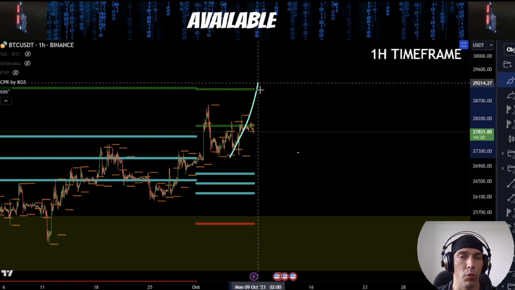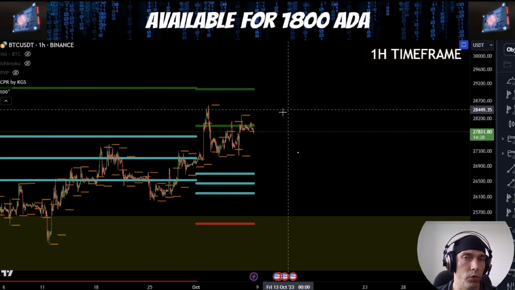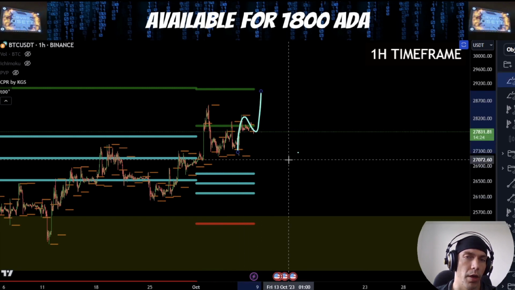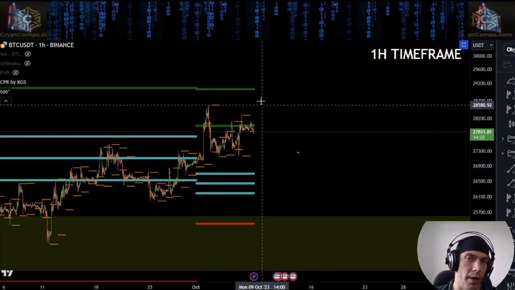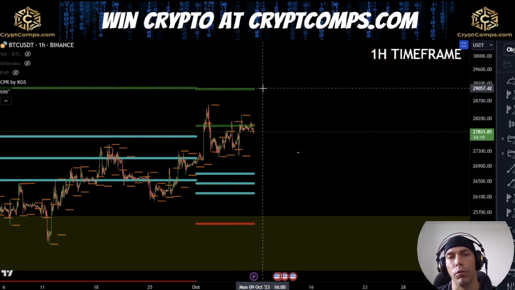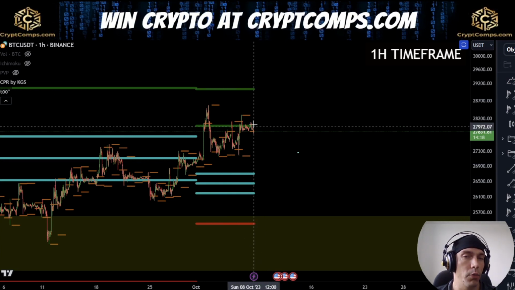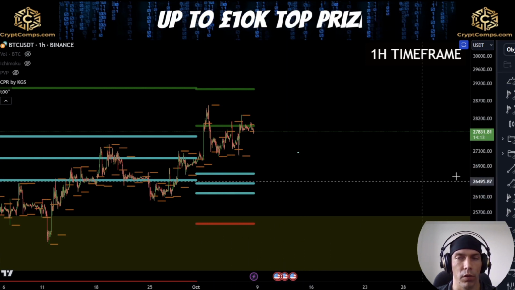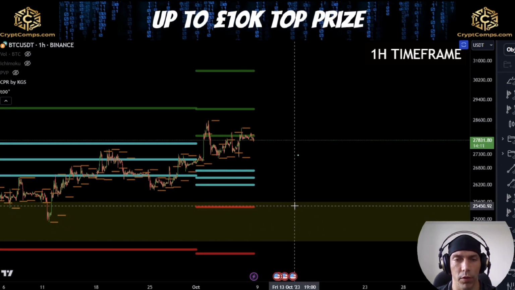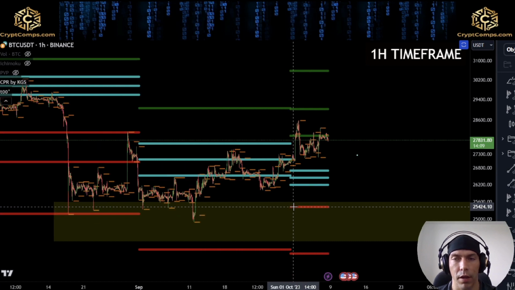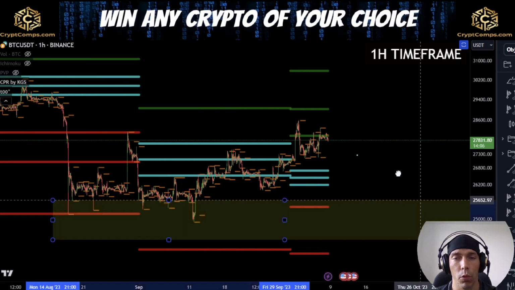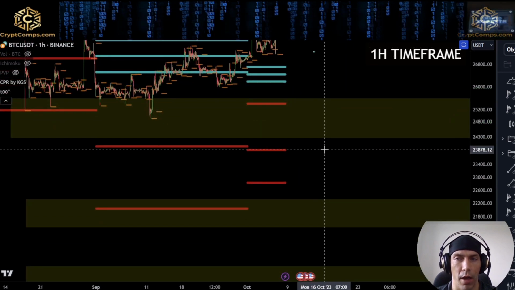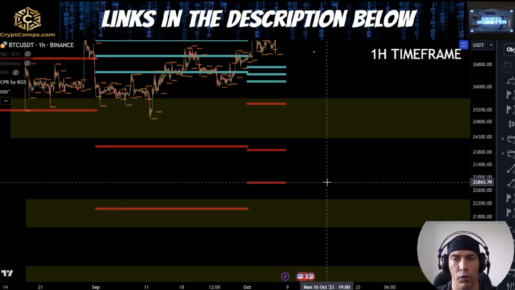Now price can always look to move up and then come back, so we need to also respect that idea, which is why I'm looking out for that possibility of a bigger ABC pattern here, looking for that diagonal, which would then potentially look to push us towards that 29k level. Now, if we do see price, however, start to break down, these central lines are going to become important. If we lose those, I will be looking out for the potential to see support come in here at this 25,424. And if we lose that zone, other targets to the downside for this month would be 23,878 and this